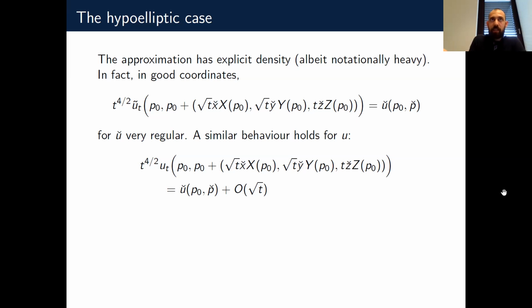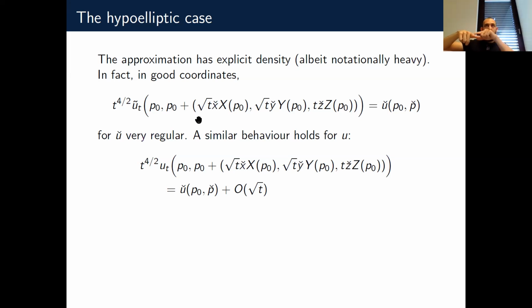Let's say this way, the Fourier transform is explicit. It involves hyperbolic tangents, but it's really not that complicated. In fact, it is explicit, and it does not depend on T, or it depends on T in a very specific way. So my X and Y were the directions in which I had my diffusion,